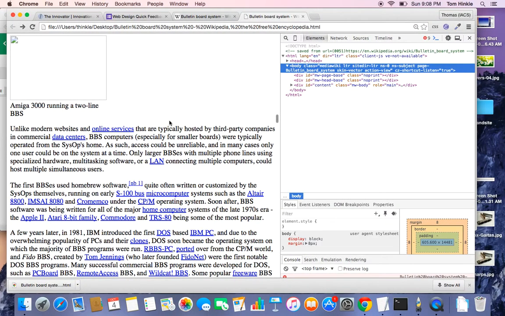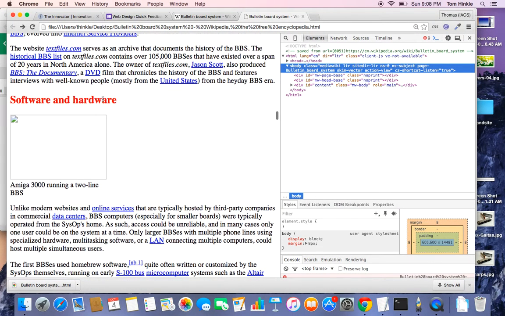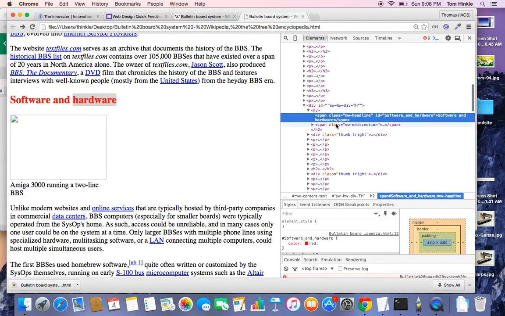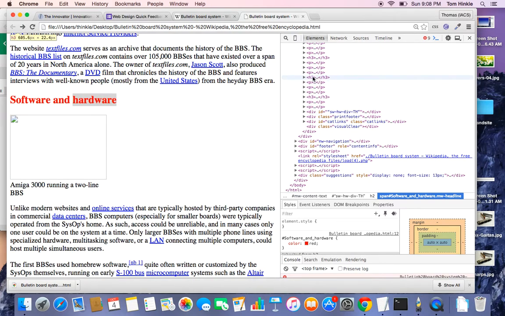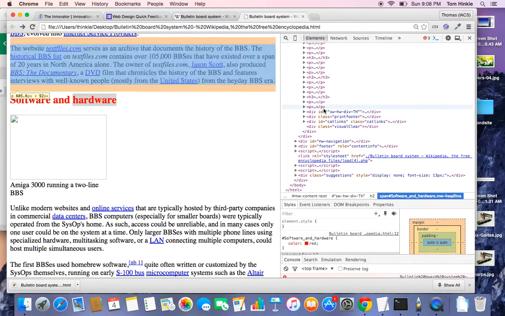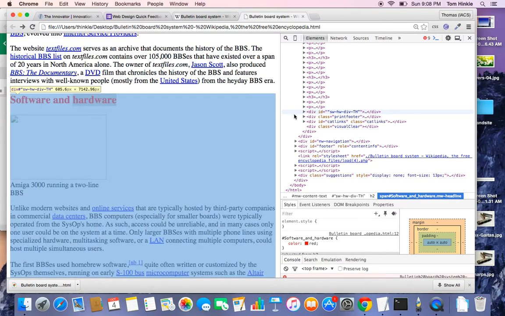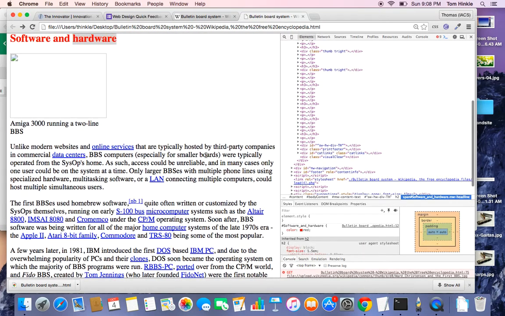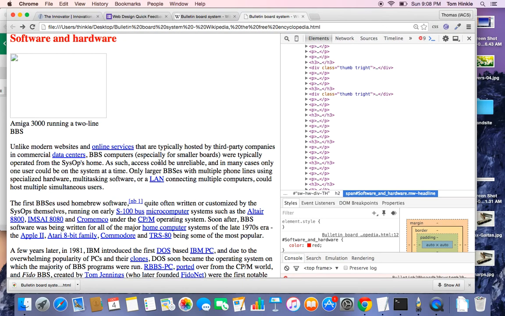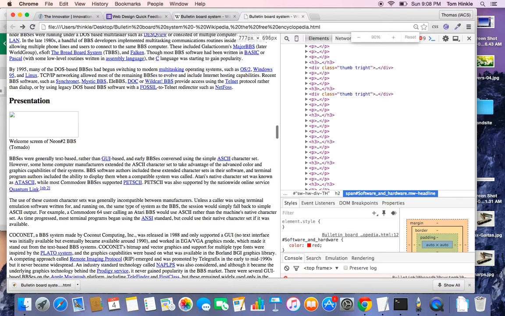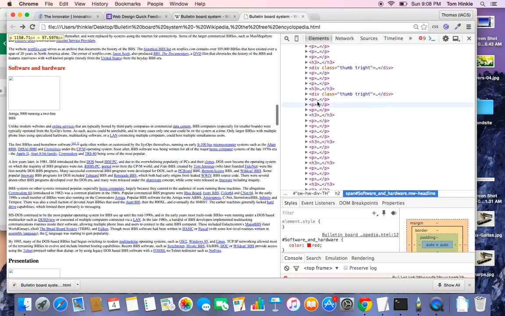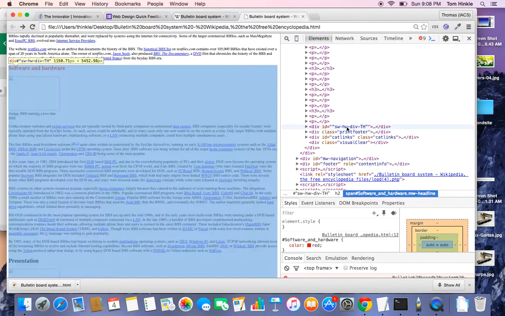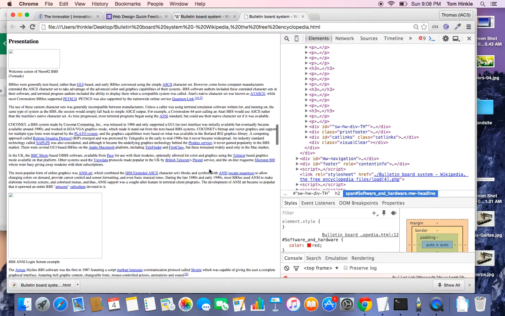Now I'm going to show you what happens when I reload this. And I'm going to go back to inspect element, and you're going to see in this tree, I now have a div that selects, it's a little hard to see because the page isn't small enough, but it actually selects that entire section here. Let me shrink it down so we can see it. Software and hardware. Where'd you go? That div is now that whole section. Actually, it looks like that div includes